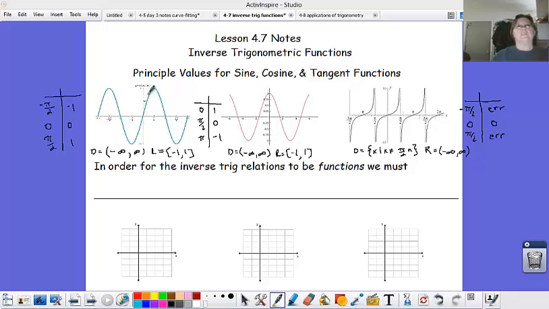This is a sine wave. And we know that this thing has a domain from negative to positive infinity. But we also know that if we're going to talk about the inverse function, see how a horizontal line would hit that in more than one place? That won't be a function. In order to make the inverse trig relations to be functions, folks, what we have to do is limit the domain